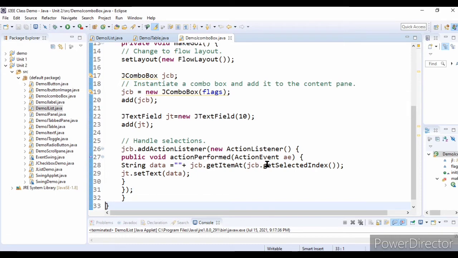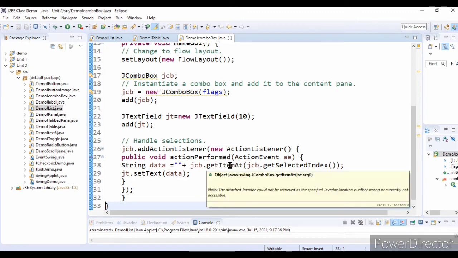From the JComboBox I am first getting the selected index, which item I selected. Next I am getting which item is stored at that index.